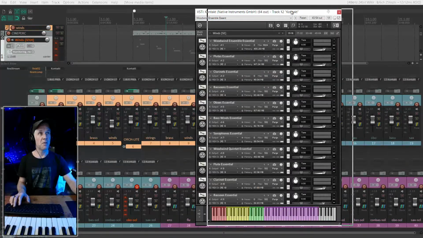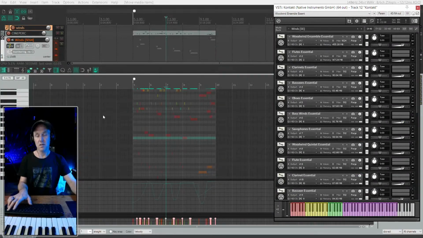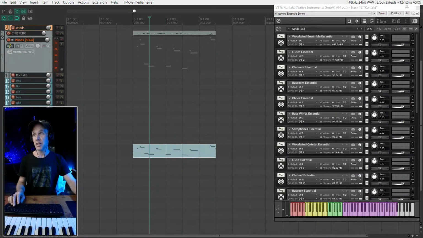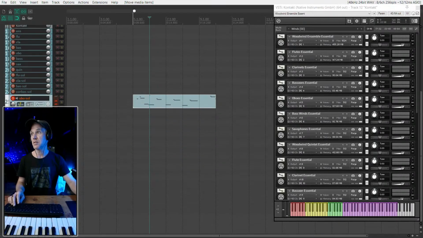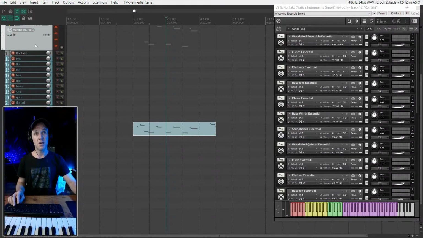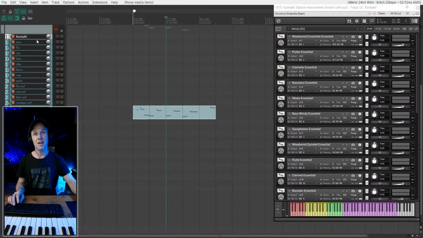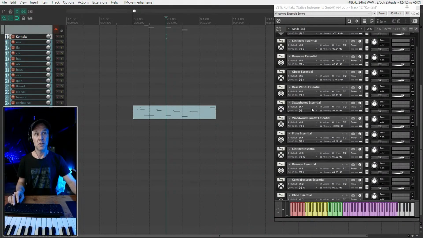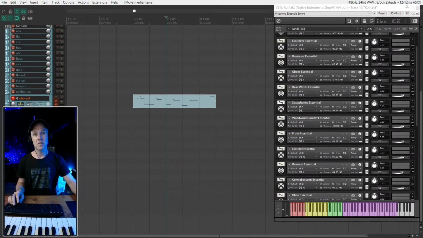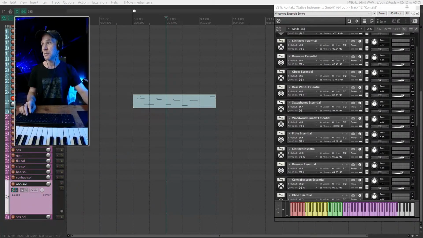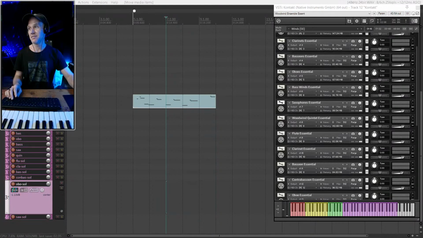Okay, so what's happening here is I'm recording a MIDI part into this oboe solo channel, which is hidden behind my face. Let me just scroll up a bit so you can see it. This oboe solo channel is getting the MIDI data, it's feeding it into its parent, which is this Kontakt instrument over here. And then the Kontakt instrument is spitting out the audio that is being triggered by that MIDI to a separate audio channel down here. And when I enable this, let's just move me to the top. When I enable this, it's unfortunately,